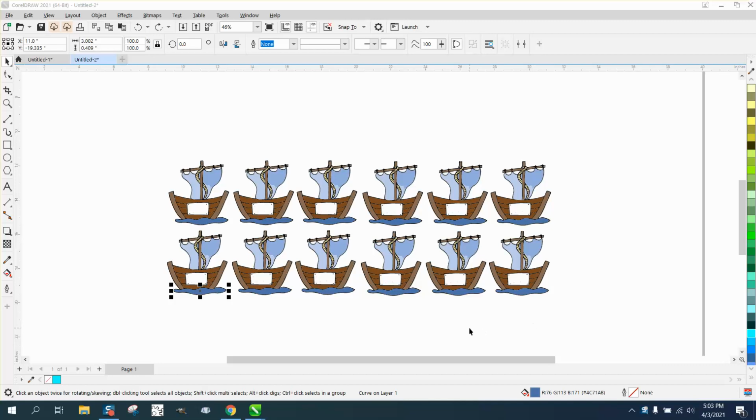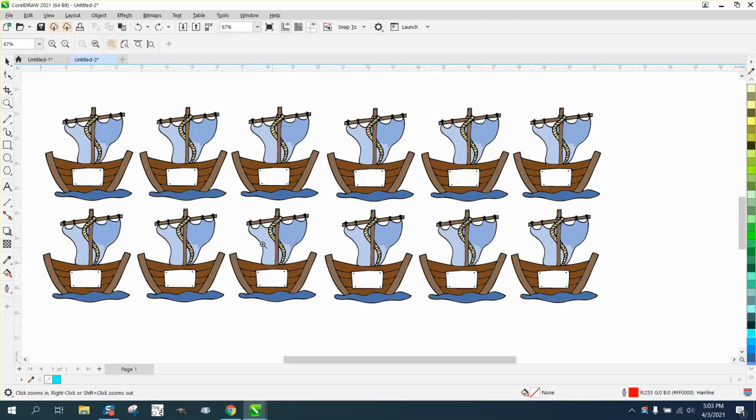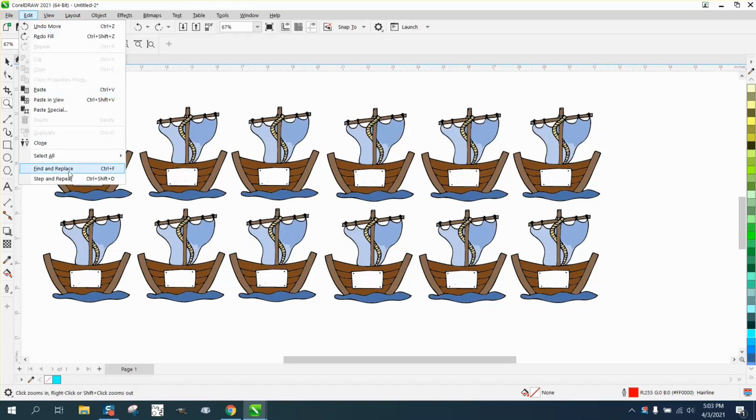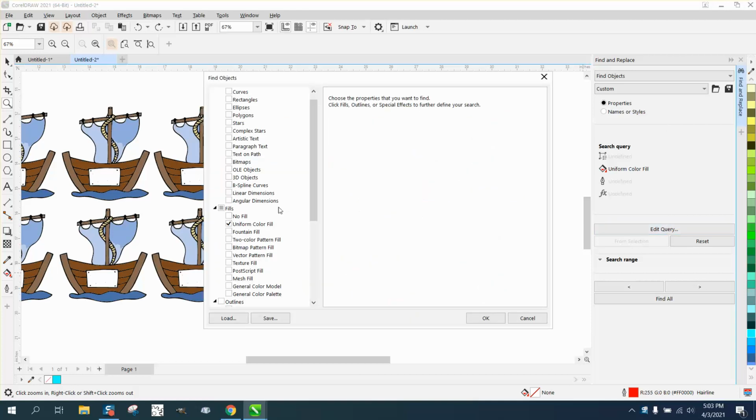Hi, it's me again with Corel Draw Tips and Tricks, and I learned a little something today about find and replace. I've always had trouble with it finding more than I wanted to find because there's 12 of these boats up here. So let's go to Edit and Find and Replace, and you go to Edit Query and